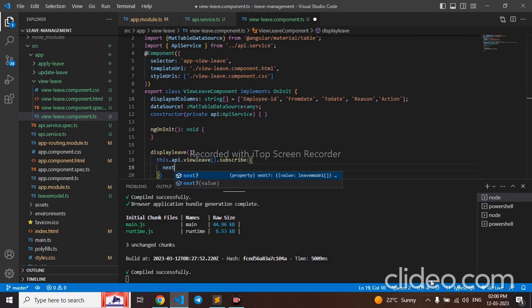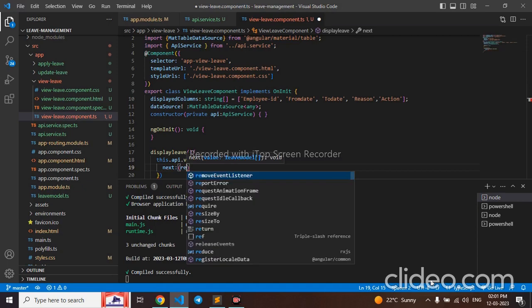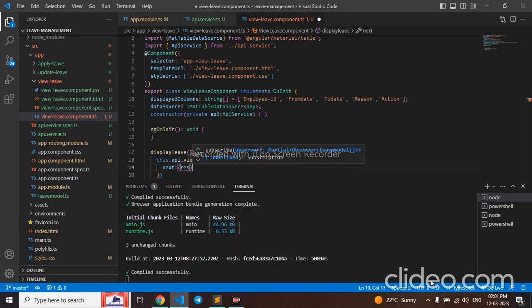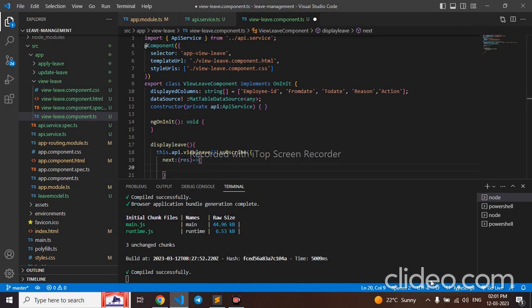So let me take next. And let me take this variable, this.dataSource